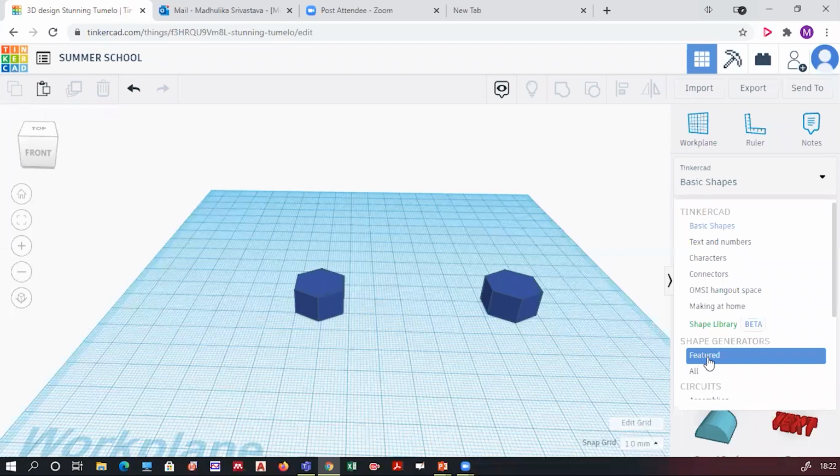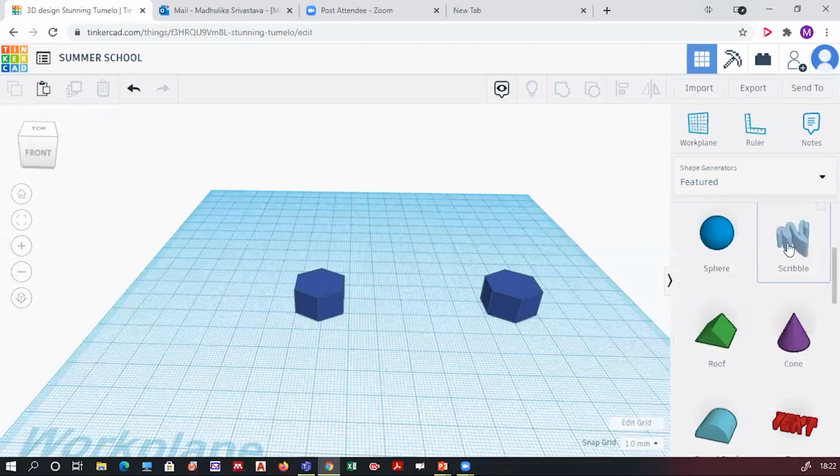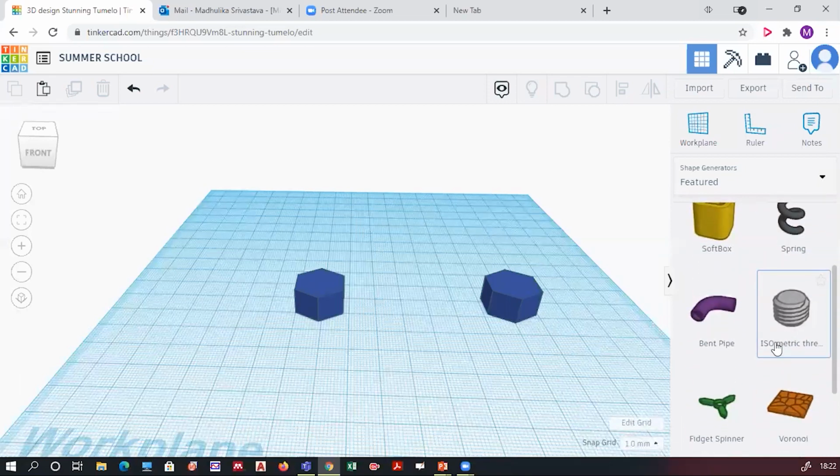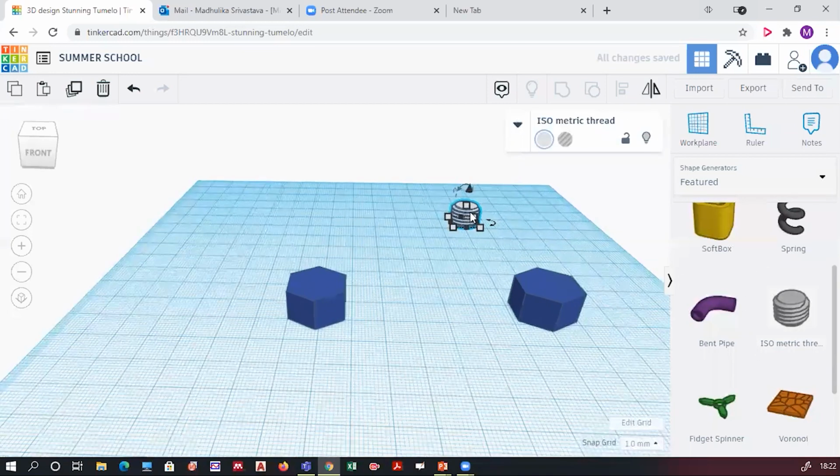Okay, so for that threaded cylinder, if you go to your featured option, you will automatically see an isometric thread option already available. Just click on this thread option and place this thread on your work plane.